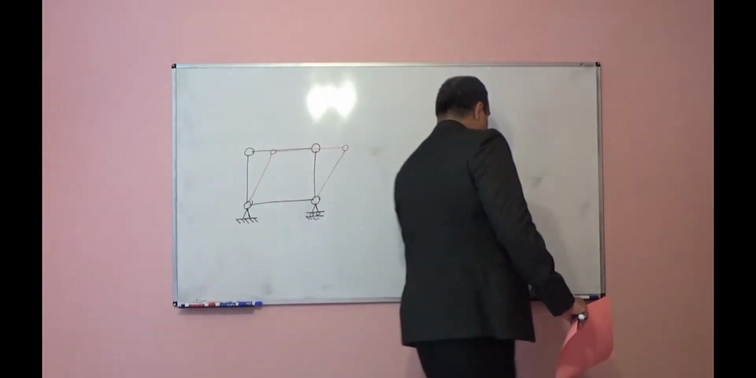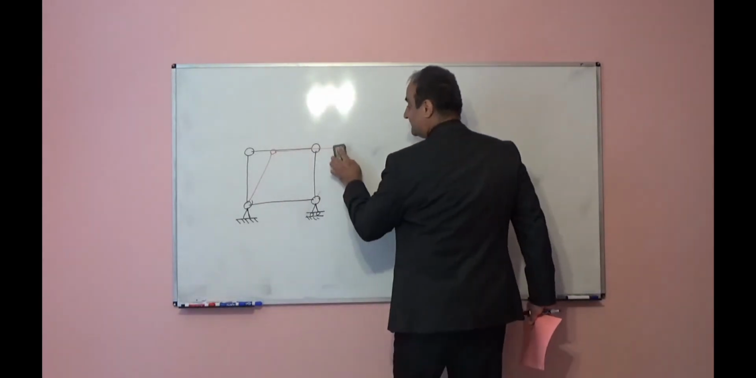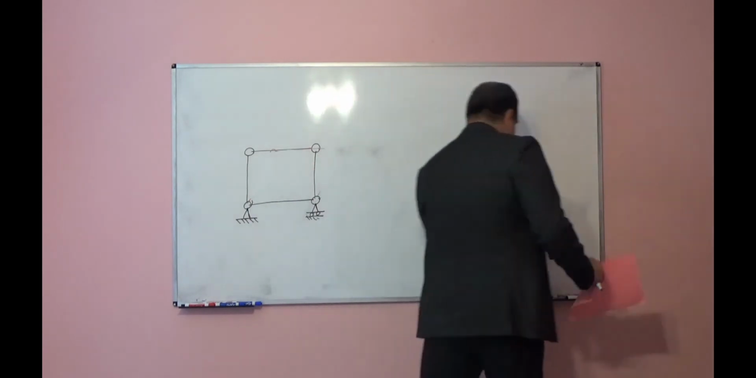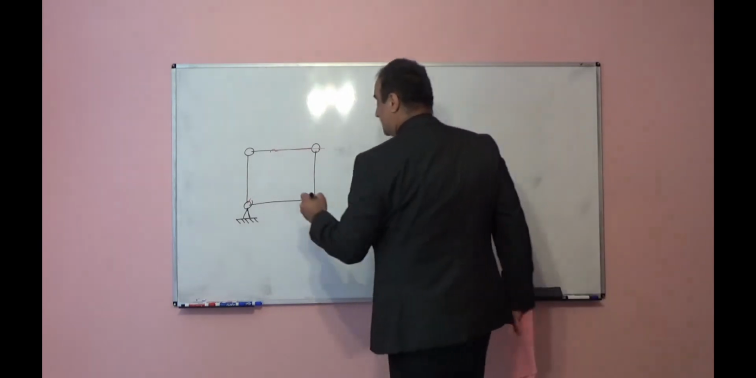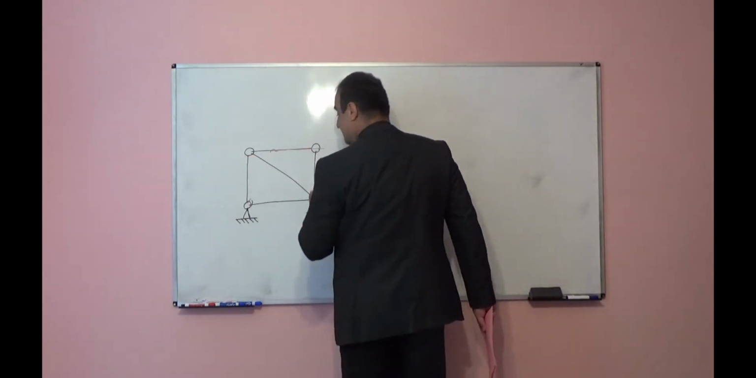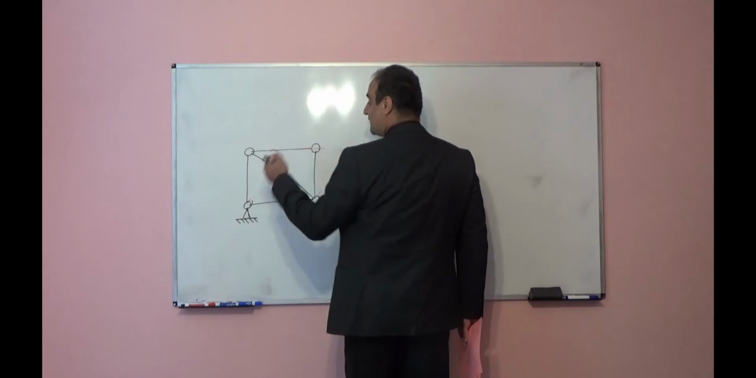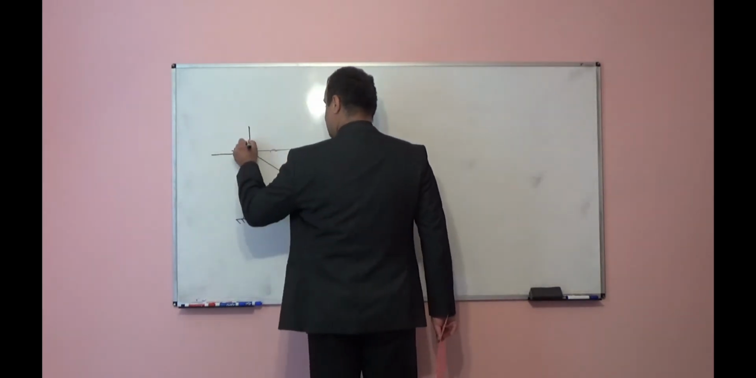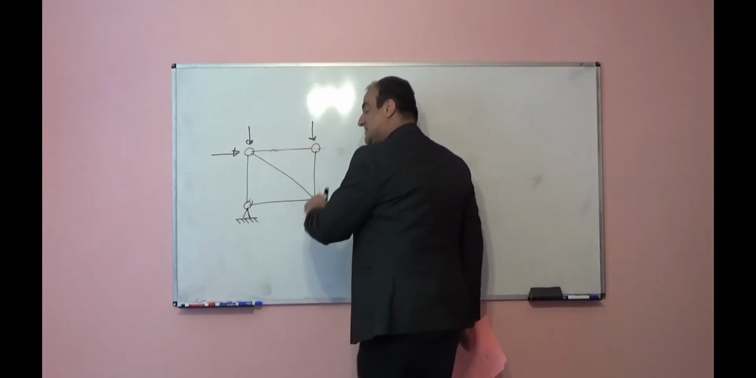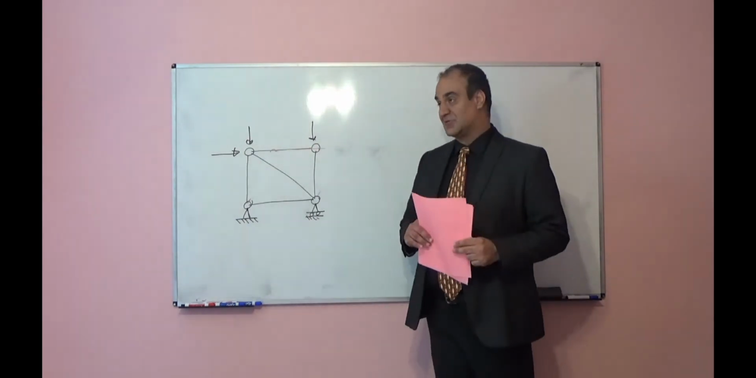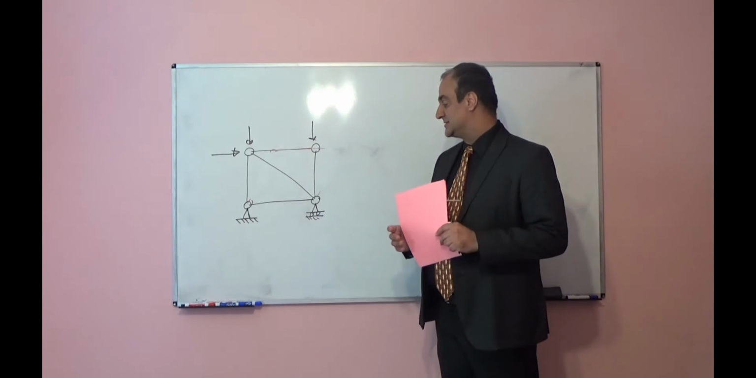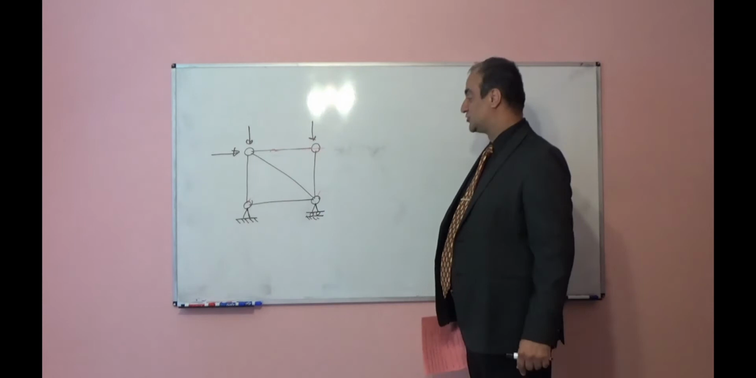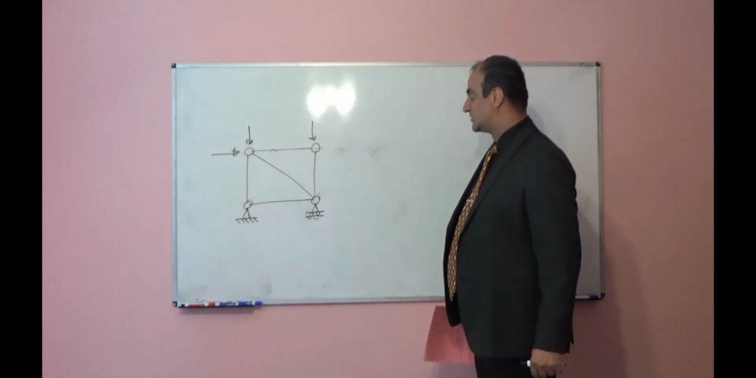But if I add one more inclined member or diagonal member like this, now any force in any direction I apply, in this direction or this direction or this direction, this structure will be at equilibrium and it will be a stable structure. So this kind of structure we call a truss, and it is a simple truss because